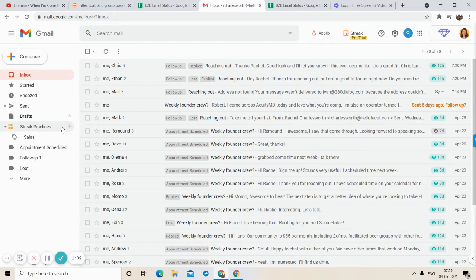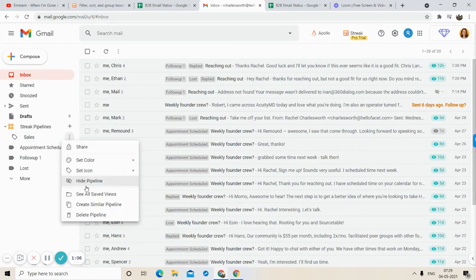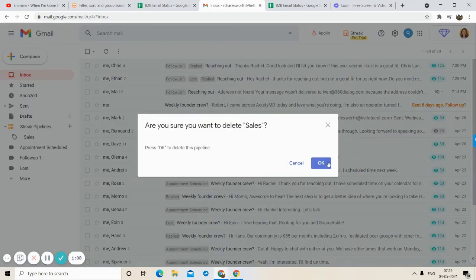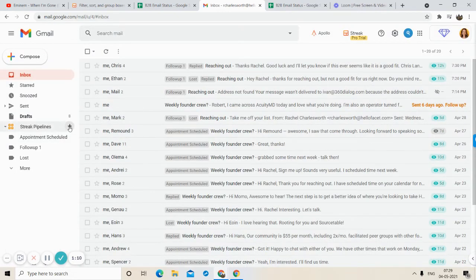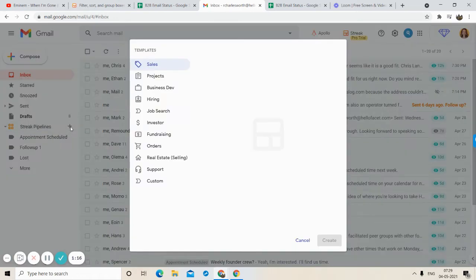We will see by actually seeing a live example now how to add contacts, how to create lead pipelines, and what are stages. So let's create a pipeline. Let me delete this old pipeline first. Okay, so now I have to click over here, Streak pipelines. Once you install this, you will see this. Okay, so Streak pipeline I will add.